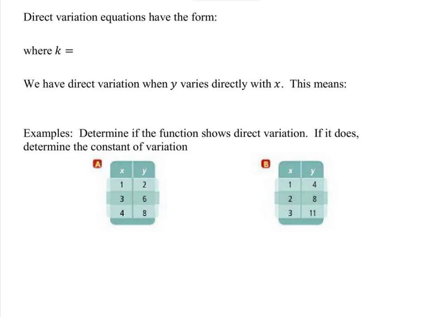All right, this section is about direct variation, which is something that we covered pretty heavily in Algebra 1, so hopefully this is just totally a review for you guys. Direct variation equations look like y equals kx. What is y? It's a variable. What is x? It's a variable. What is k? K is a constant, and we call it the constant